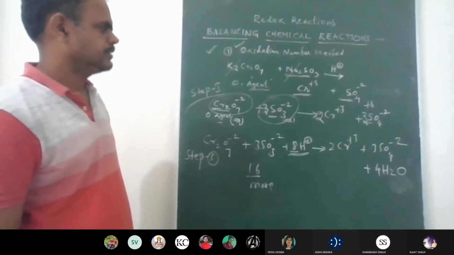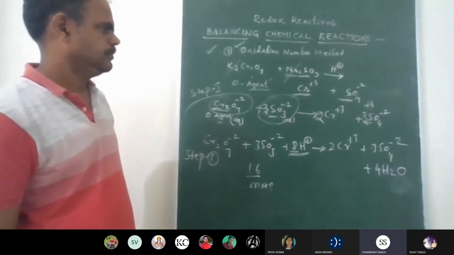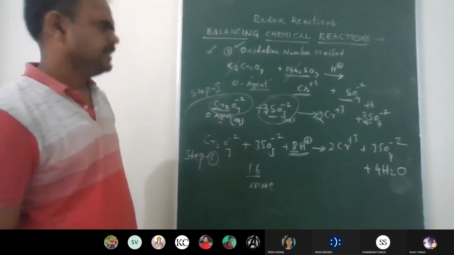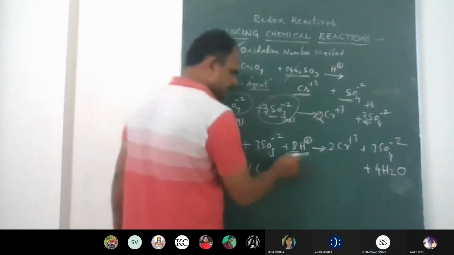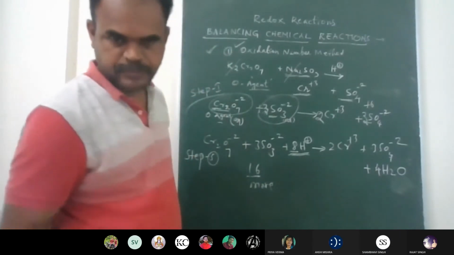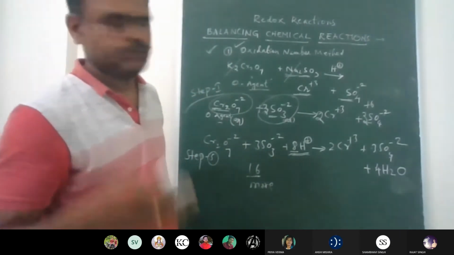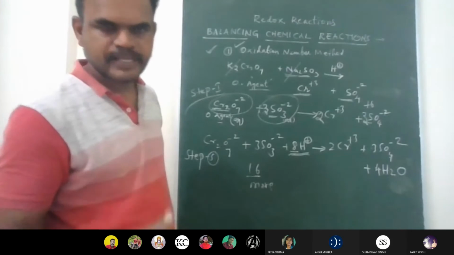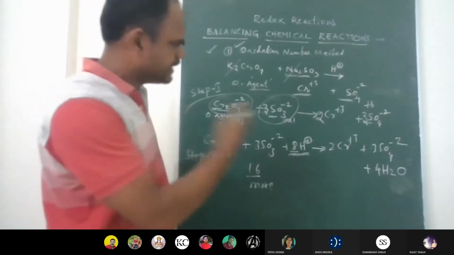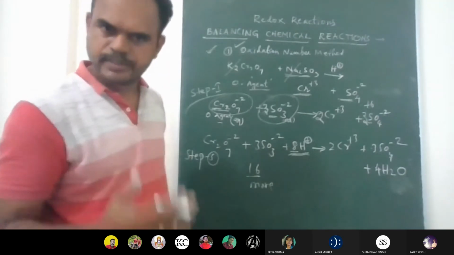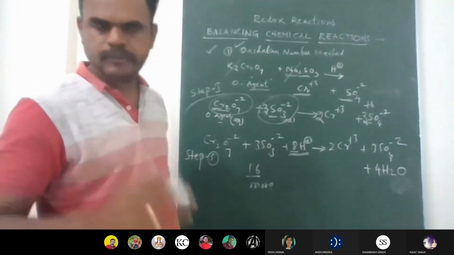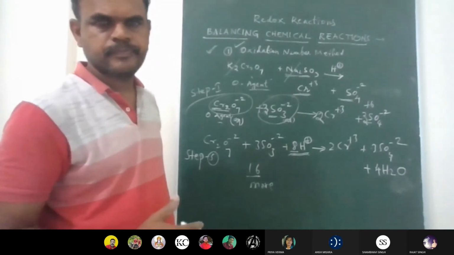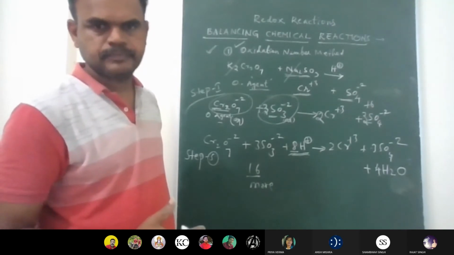Excuse me, sir, on the left side it is 8H plus, like it's ions, and here it is atom. See, you are adding acid to this chemical reaction. H plus ions you are adding. So those H plus ions act as a catalyst. And this entire reaction is carried out in aqueous medium. So you will definitely get water molecules as a byproduct. Clear?